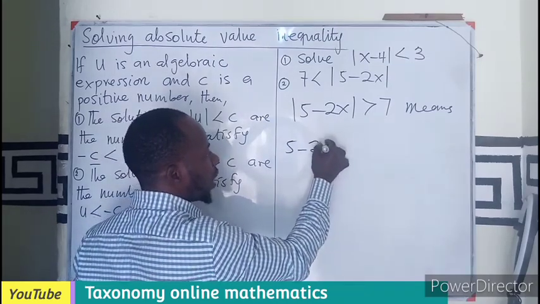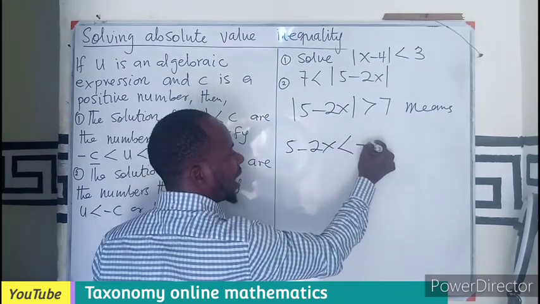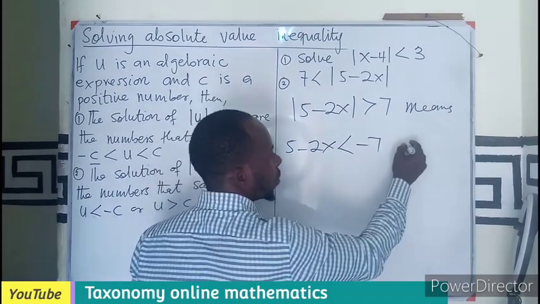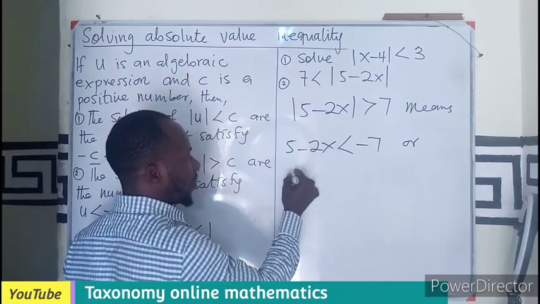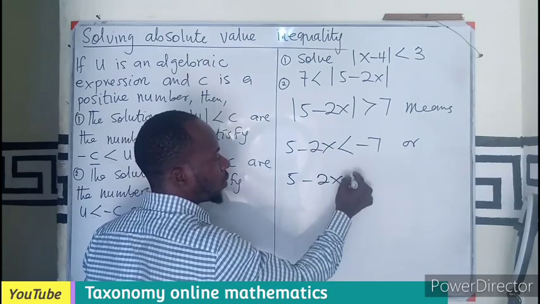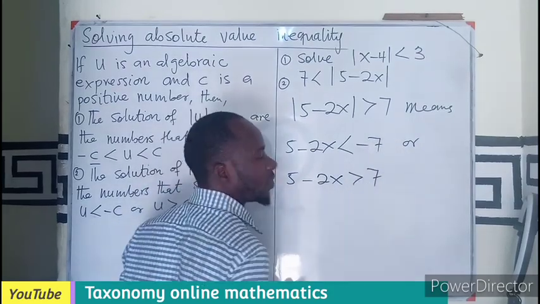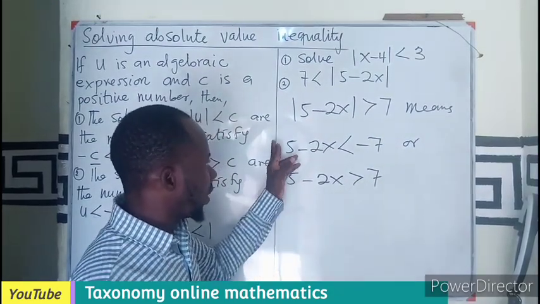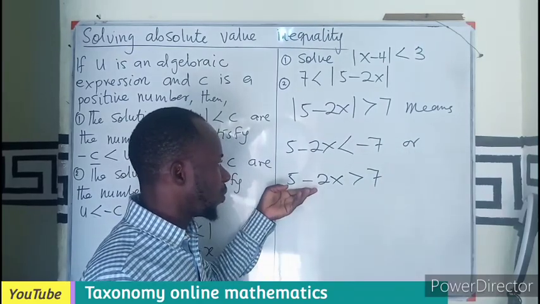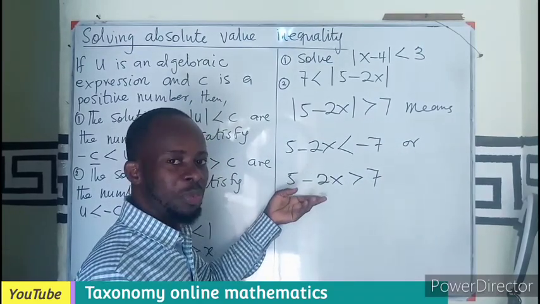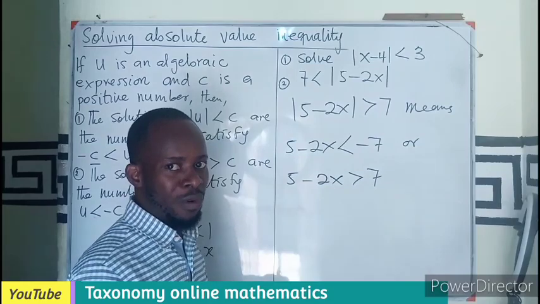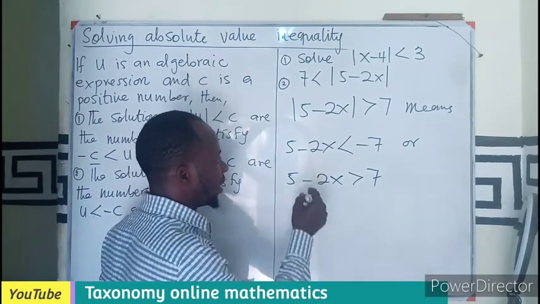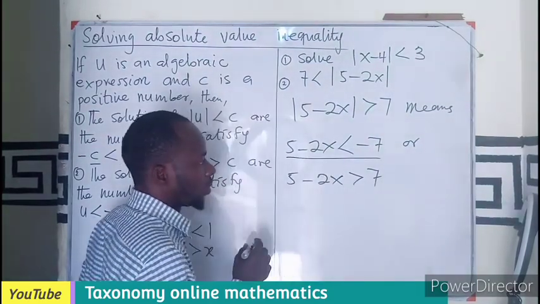5 minus 2x will be less than negative 7, or here 5 minus 2x more than 7. So the solution is either this or this. Now we can solve each of them separately and find the union of our final answer. Taking this one first